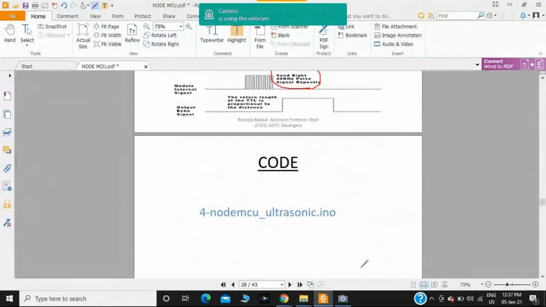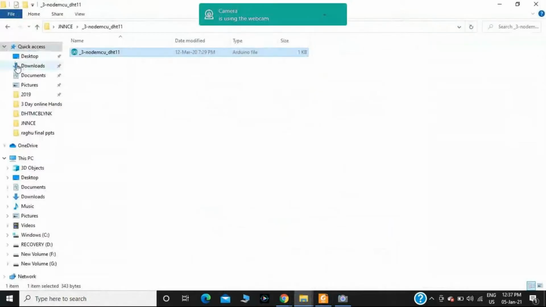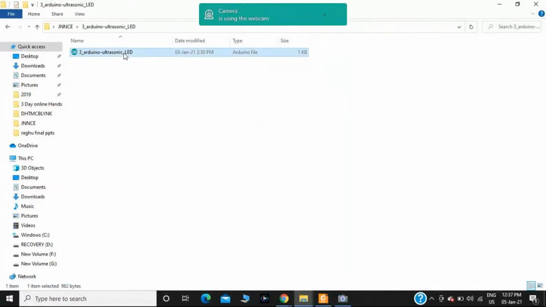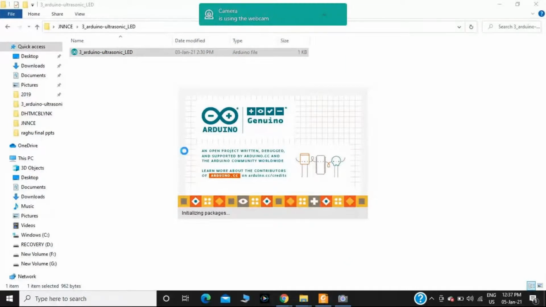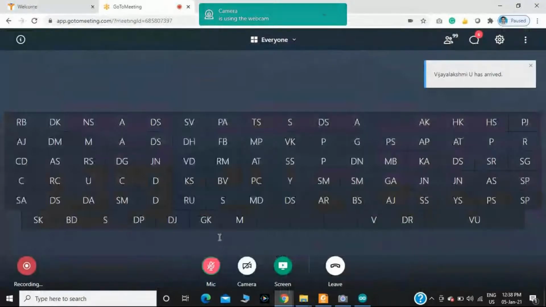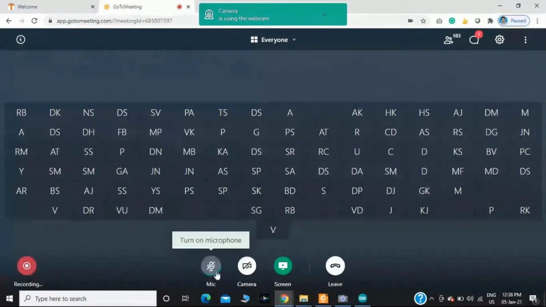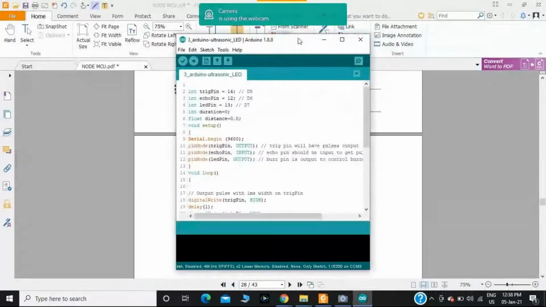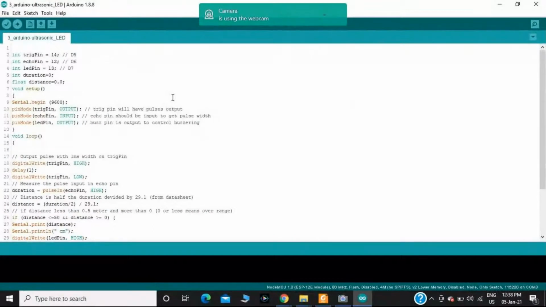Next, I am moving towards the code section. In the code section, first I will take the ultrasonic example. Now I have opened the example related to the ultrasonic sensor.